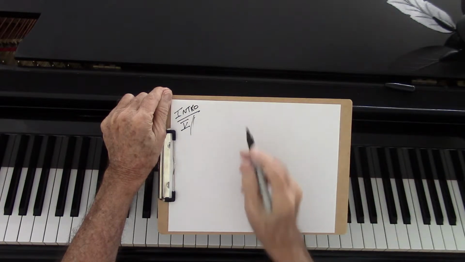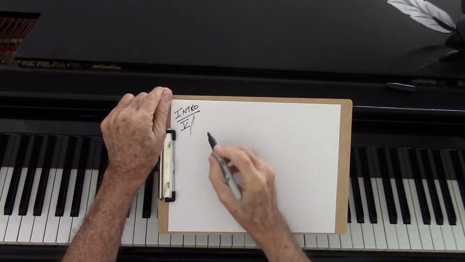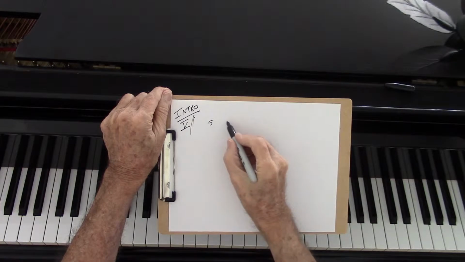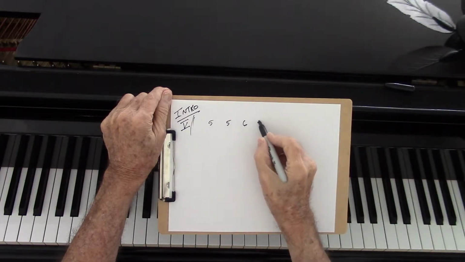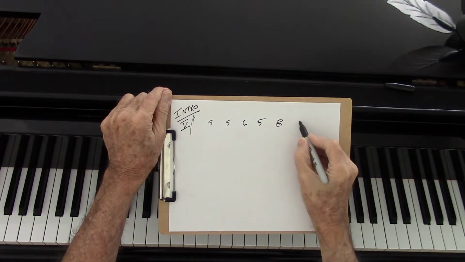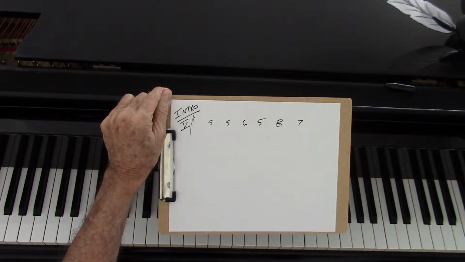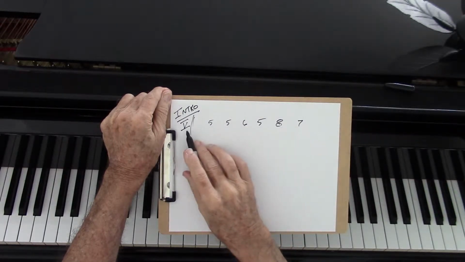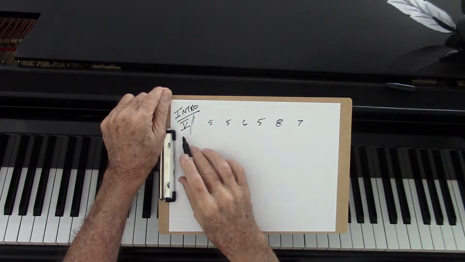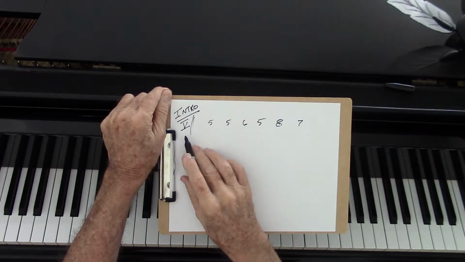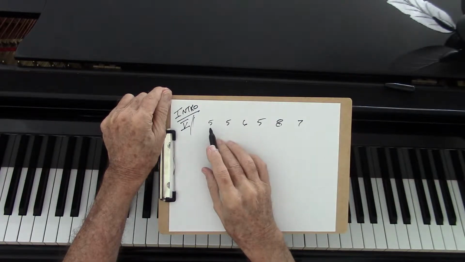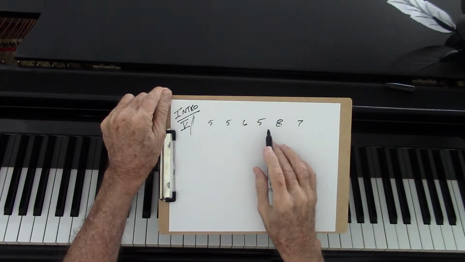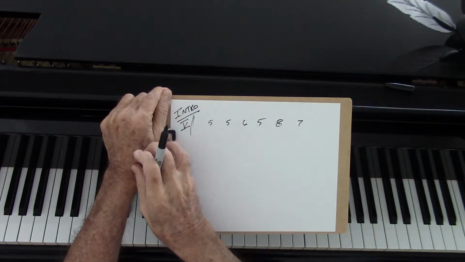So then the piece goes, starting on the 5th note of the scale, as we mentioned before. 5, 5, 6, 5, 8, 7. There's your first phrase. Now, notice that 5 is an Arabic numeral, 5 is a Roman numeral. So in the bass you could put your 5 down there or put a chord down here of some sort. And then start on your melody, 5, 5, 6, 5, 8, 7. Okay? Now,